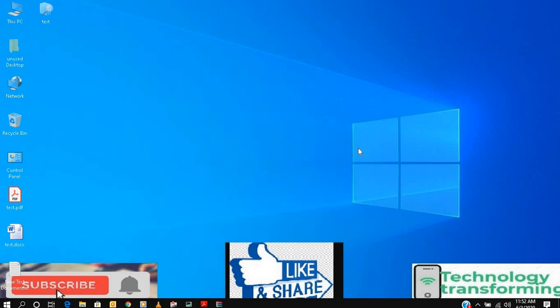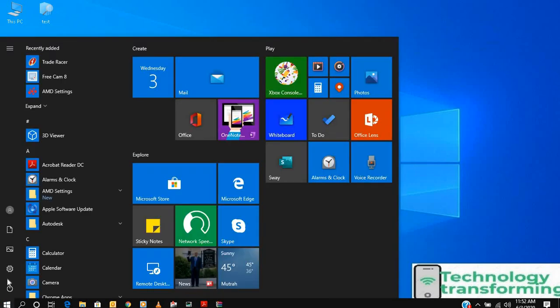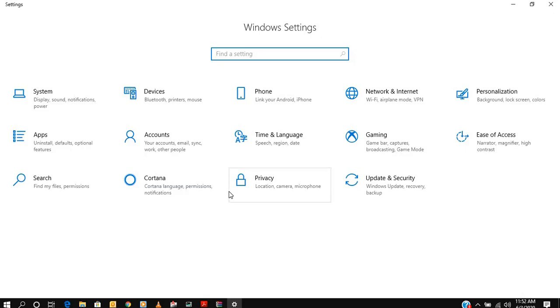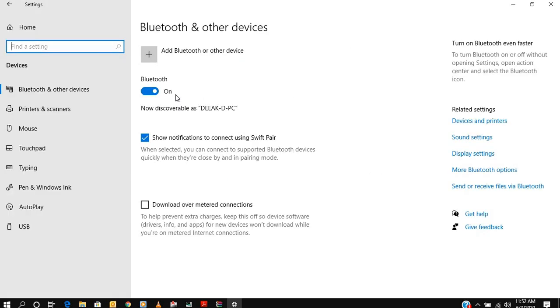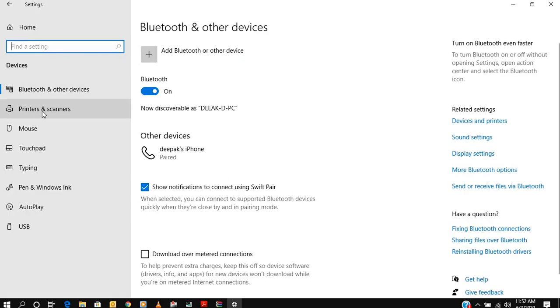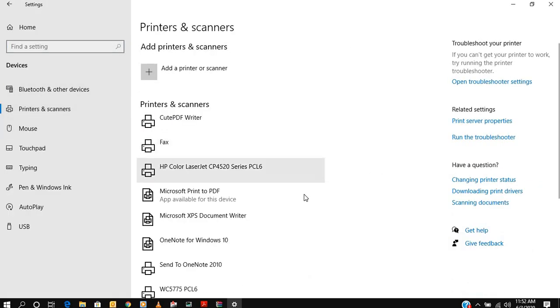Then the second command is how to install a printer in your system. You have two options: go to the Control Panel or go to Settings. In Settings, click on Devices, then you have Printers and Scanners. Click on Printers and Scanners, then Add printer or scanner.